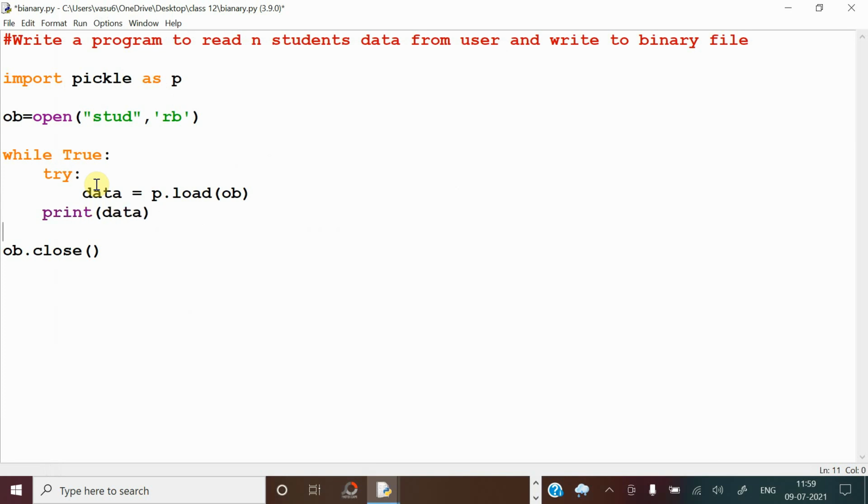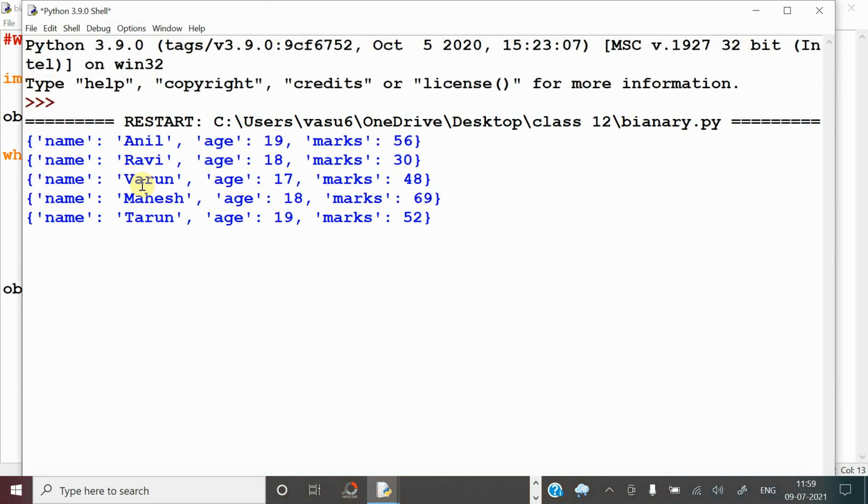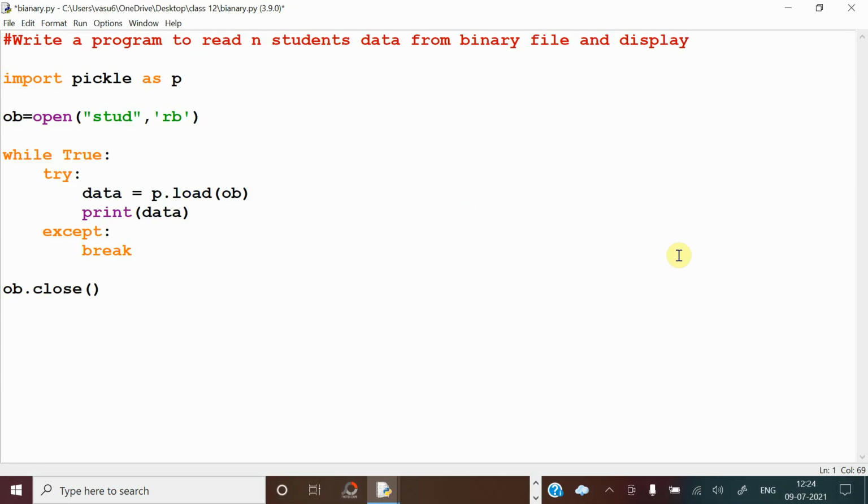Now, in case during execution any runtime error occurs, then immediately it should go to the except, like if else. If the condition is false, it will go to the else block. Similarly, in a try block, if any error occurs, immediately it will go to the except. In that case, you have to break the loop. Simply break the loop, meaning it doesn't need to read further because all data has been read. So if you run this one, now you can see that without any errors, only 5 students data is displayed. So here we read all data from the binary file and we are displaying it.